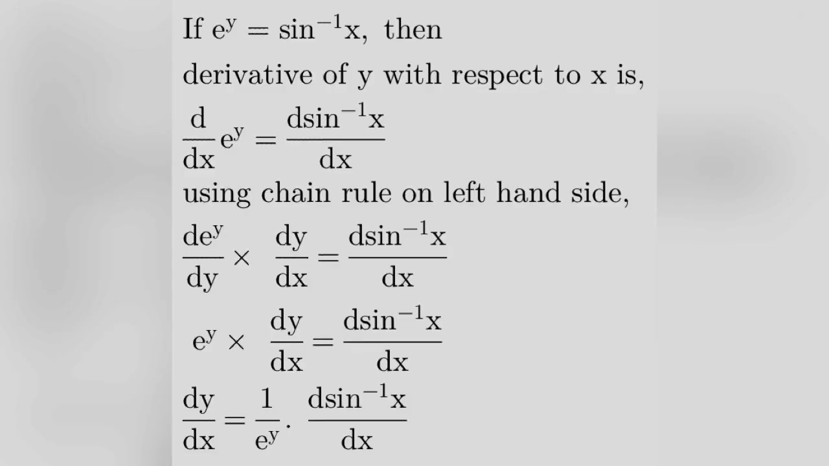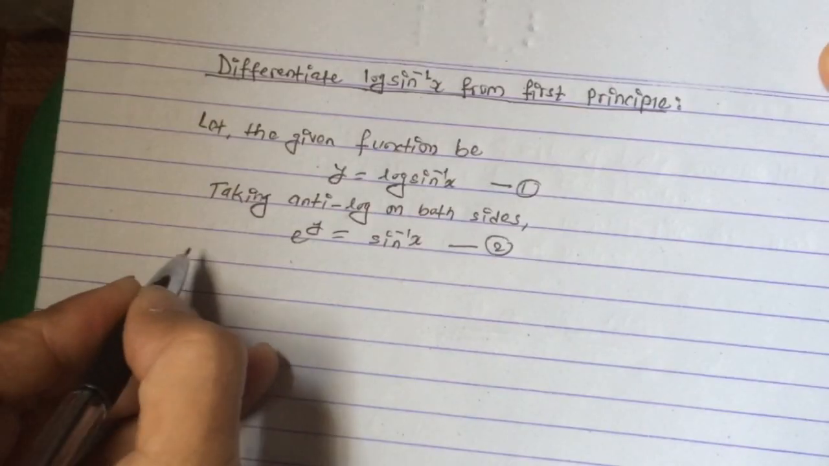To find out the derivative of the given function, we have to find out the derivative of sine inverse x first. After using the rule of derivative, at the last we have dy by dx is equal to 1 by exponential y times d sine inverse x divided by dx. So the derivative of the given function log sine inverse x is equal to 1 by e to the y times d sine inverse x by dx. We have to find the derivative of this factor. So for that,